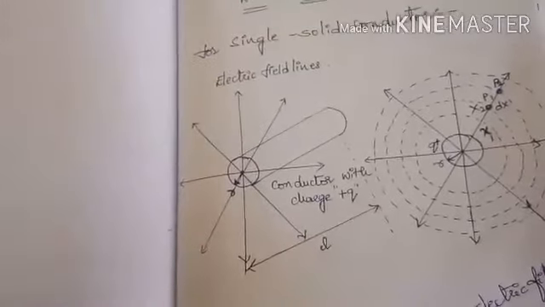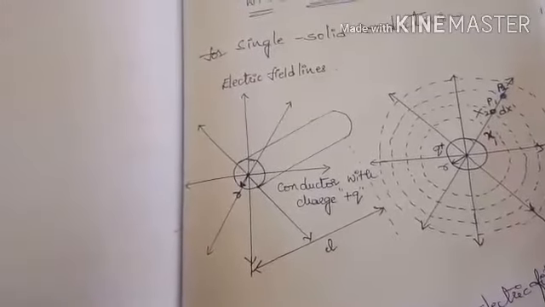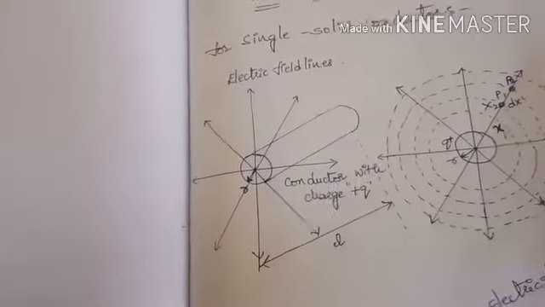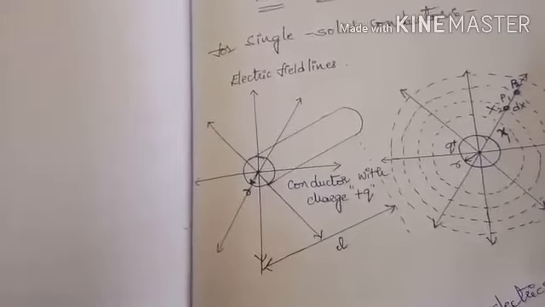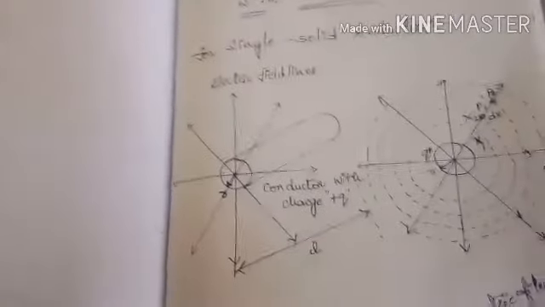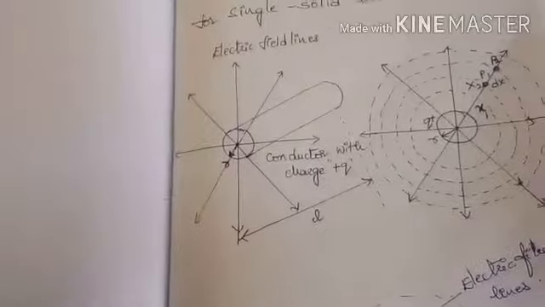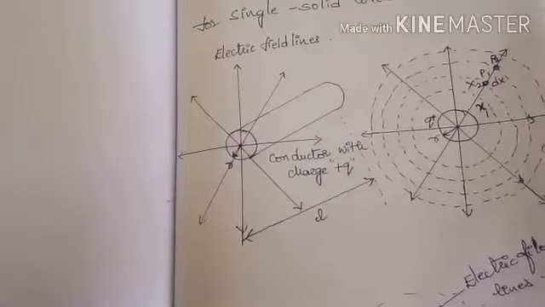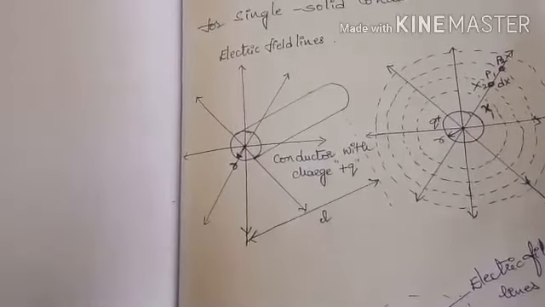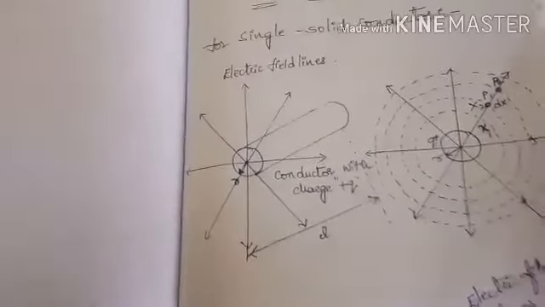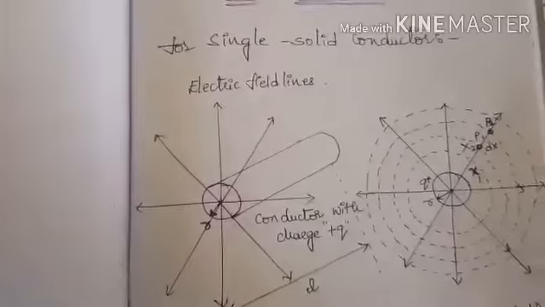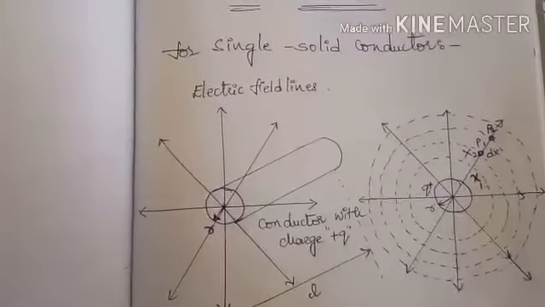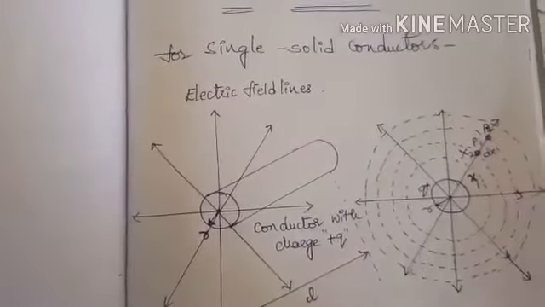Suppose, for example, take any substance, so that substance will withstand a given condition, then we can say that is the capacitance of that substance. Like that here also, how much energy it stores, thereby we can calculate the capacitance of the conductor. Now we will discuss how the electric field is produced from a single conductor.